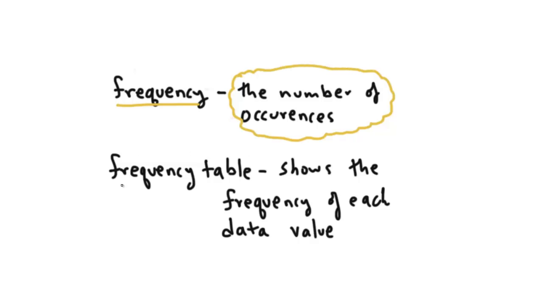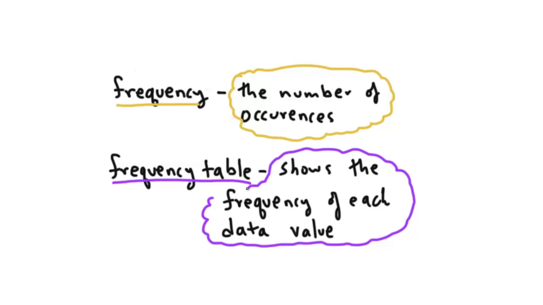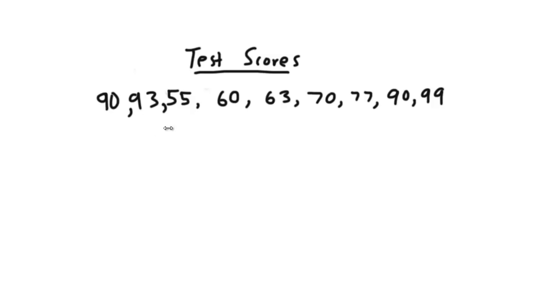And the second one is a frequency table. And that shows the frequency of each data value. And we'll take a look at an example. Alright, so now we can take a look at the test scores for these 9 students, and we'll take a